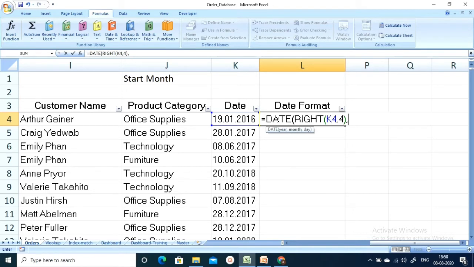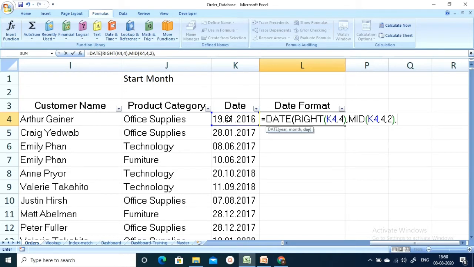Next I want to get the month, which is in the middle of the string, so I'm going to apply the formula MID, select this string, comma, starting character, here my starting position is 4, and I want to display only 2 characters, the month.